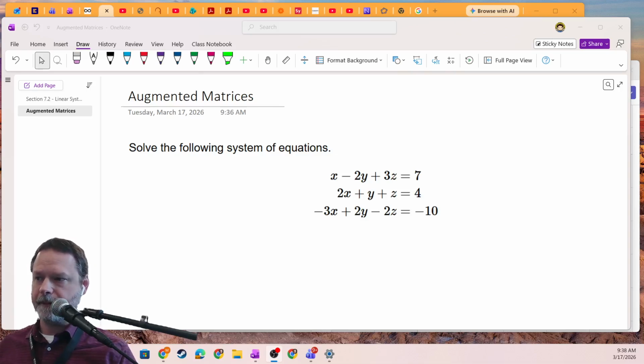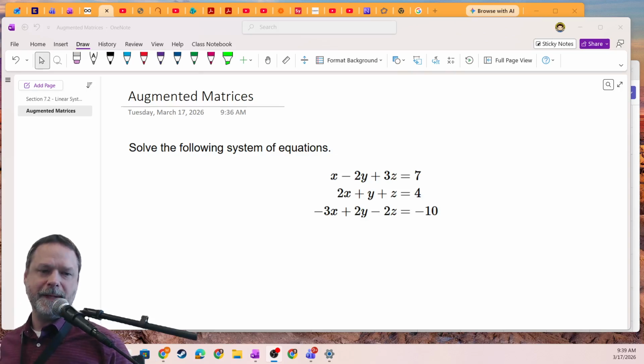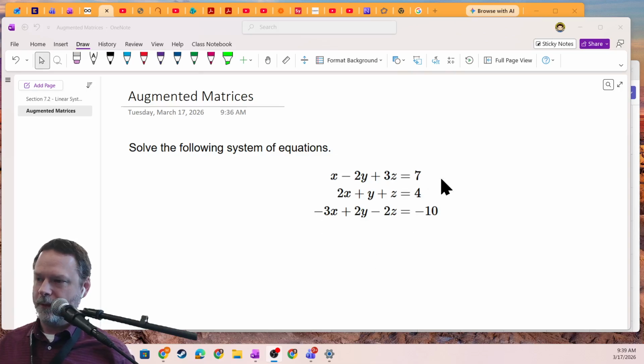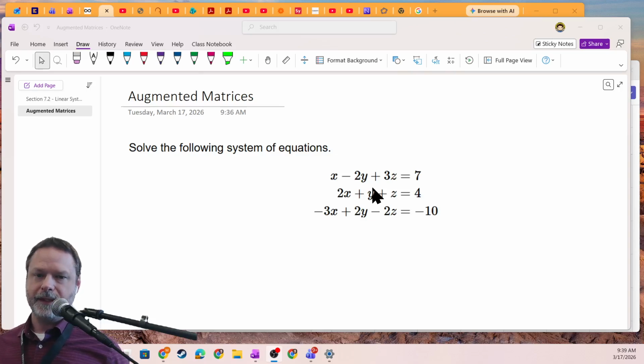I want to go over with you today augmented matrices. An augmented matrix is something we can use as a mechanism for solving systems of equations, and it's especially useful when we have three equations, three unknowns, or four equations, four unknowns. When they get really complicated, then an augmented matrix is a nice little tool